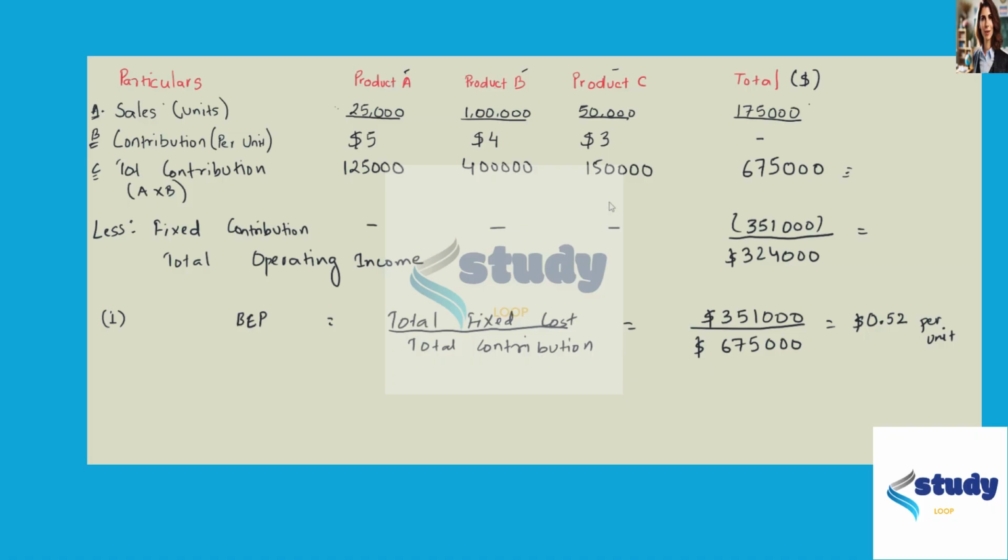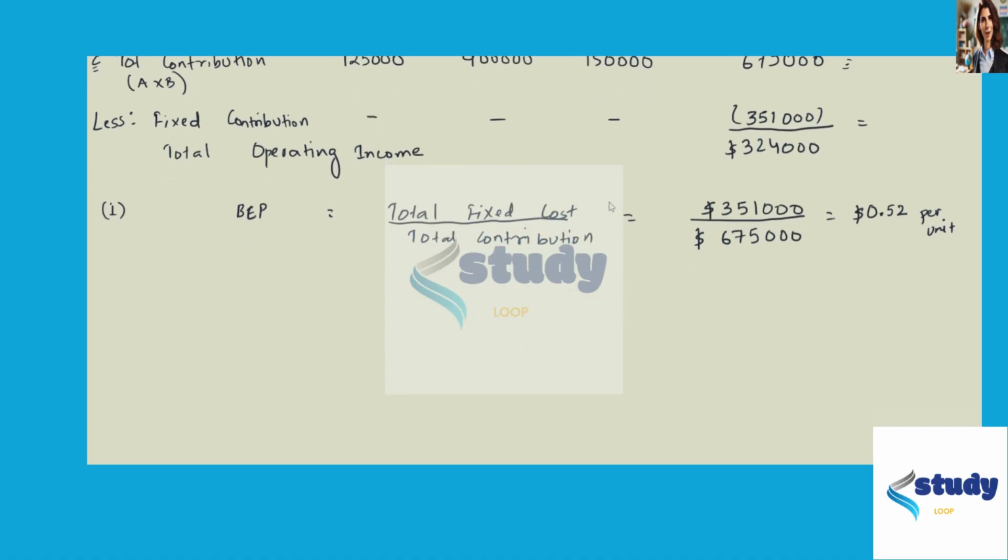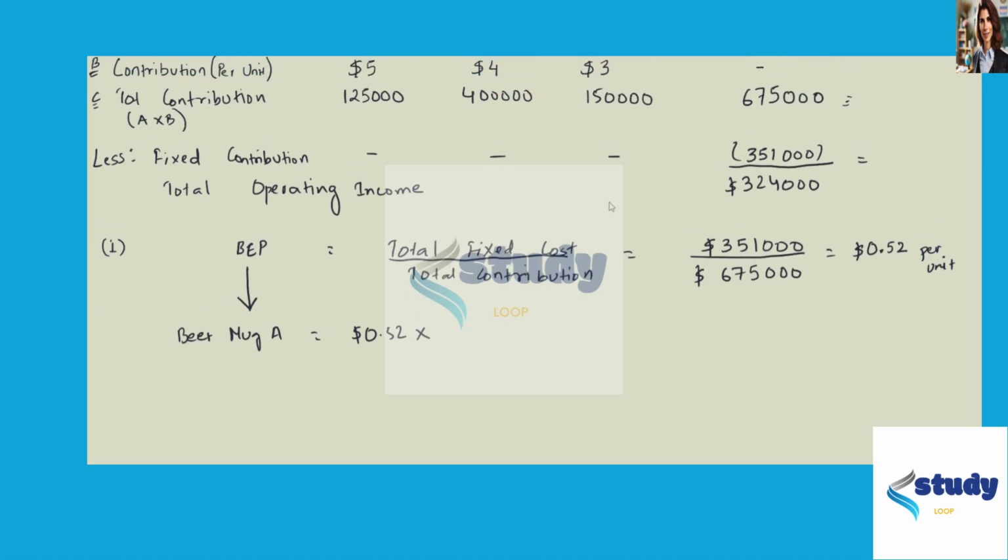So the break even point for beer mug A will be how much? $0.52 into how many units of product A are being sold? 25,000 units. So now we will have 13,000